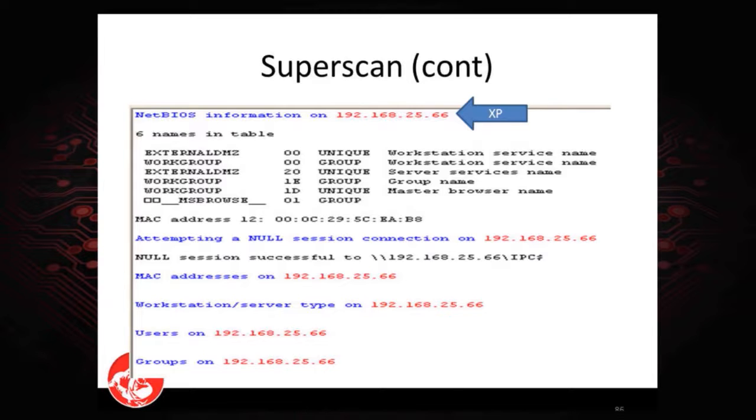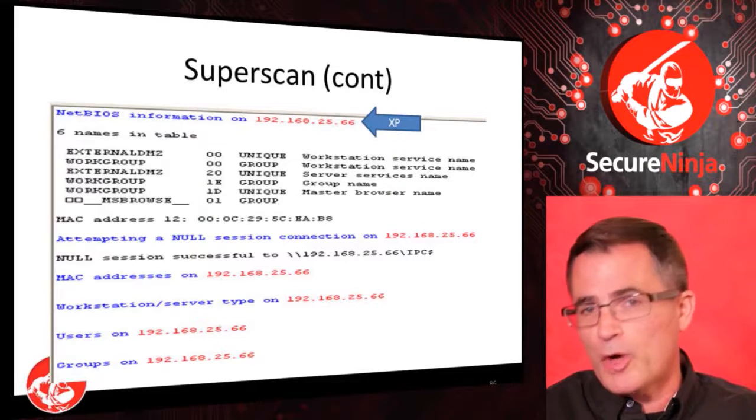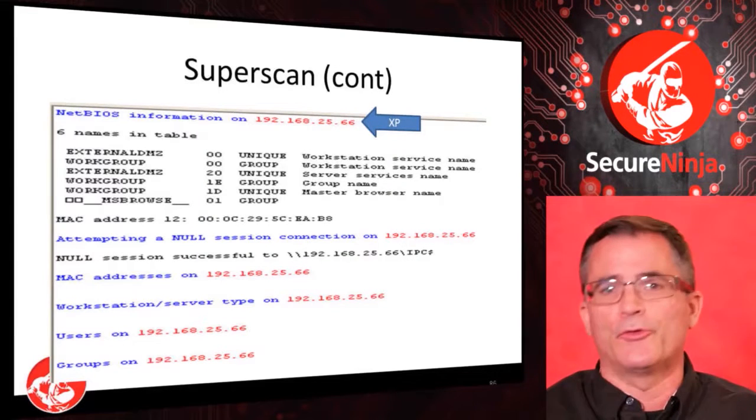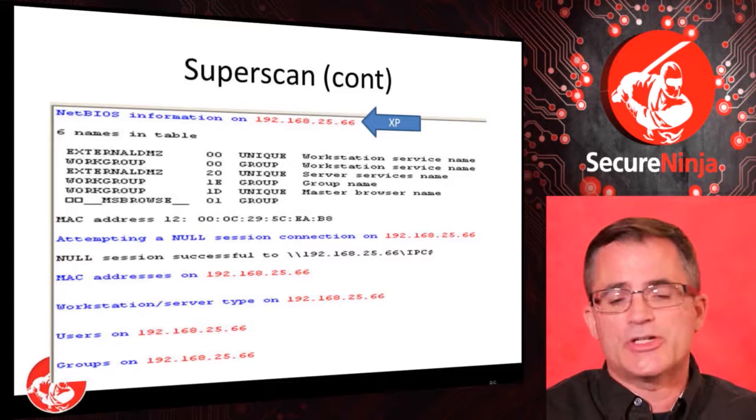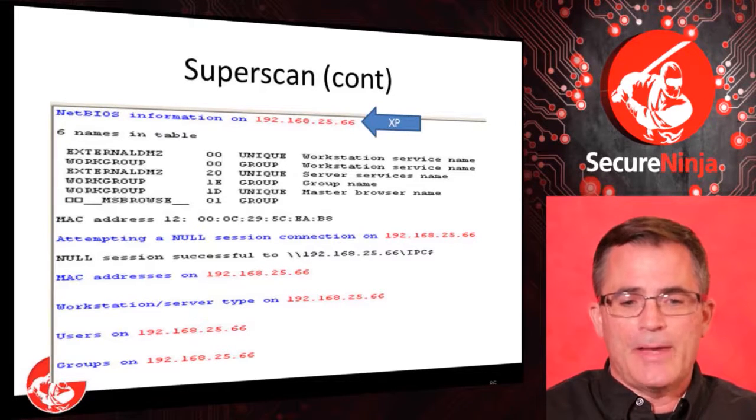So it's a standalone server. And there we're showing you, we got the MAC address, which is good to know because we can spoof the MAC address. Remember, in our networks, positions of trust. So if we spoof the MAC address to this external server, it might have more trust with a machine further in the architecture. And then we show the actual null session connection, successful, and then the MAC address,